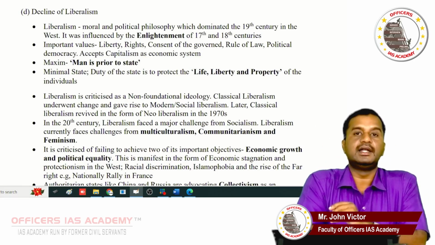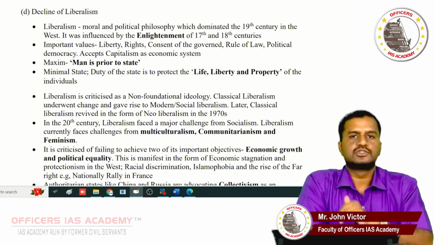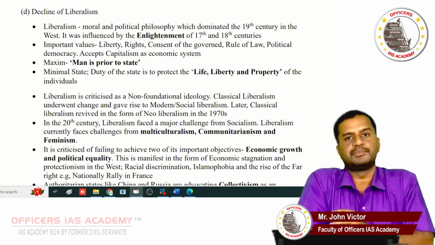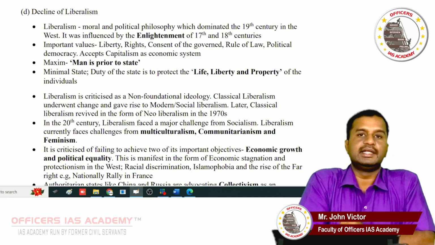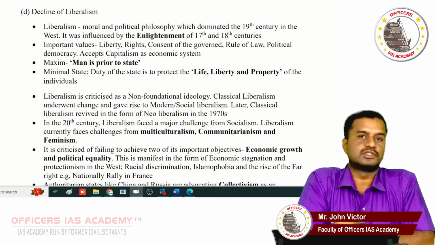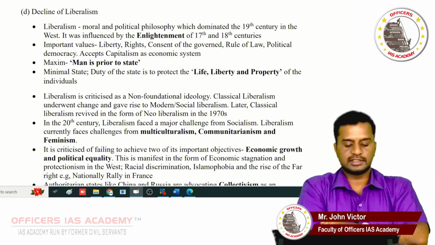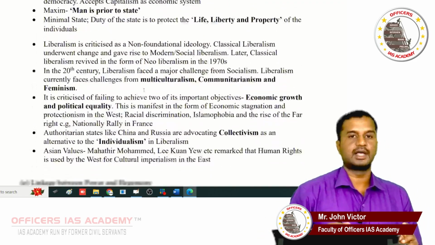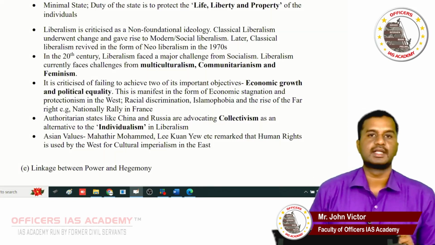Scholars like Francis Fukuyama held that history has come to an end with the establishment of liberal democracies throughout the world. According to him, there is no need for another political ideology and political system because we have already obtained liberal democracy, which is the most advanced, and it satisfies all the aspirations of people. So this is regarding the significance. So write about the significance and also address the shortcomings and substantiate why liberalism is also seeing a decline.